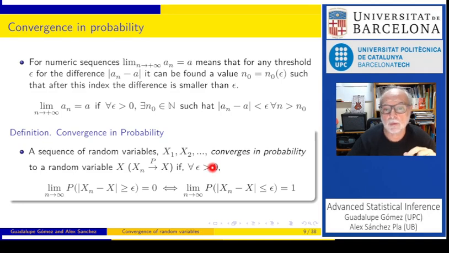Okay, as we will see, this is a vague form of convergence because we can never be sure that it is not going to happen. The only thing we know is that what is not going to happen is that the difference is above the threshold. We only know that it is increasingly unlikely.